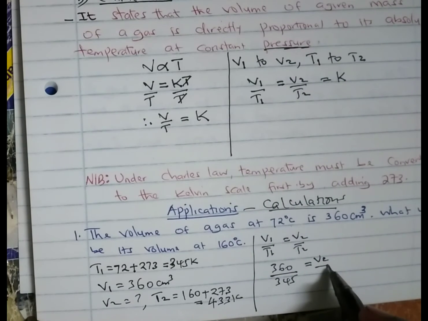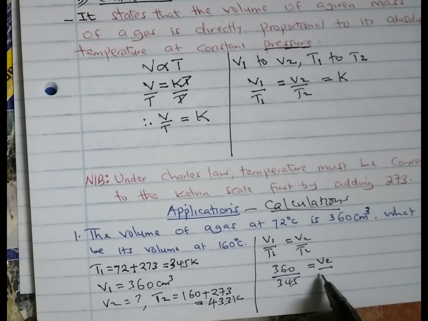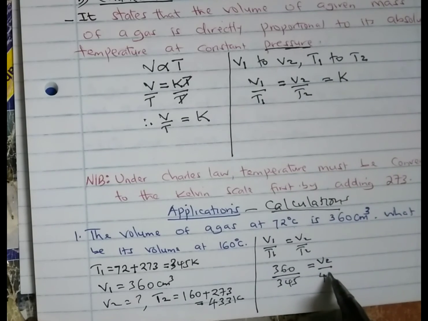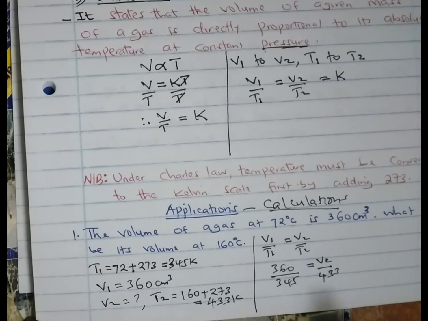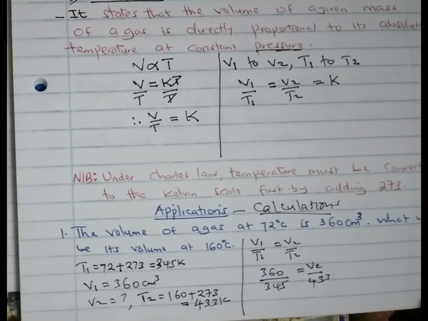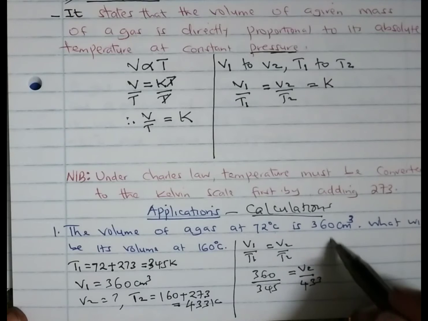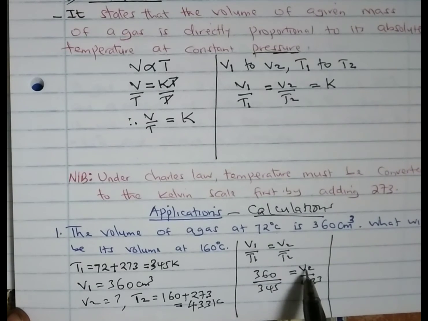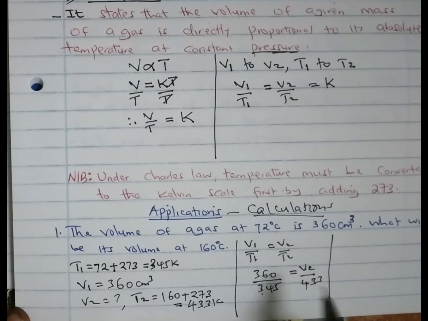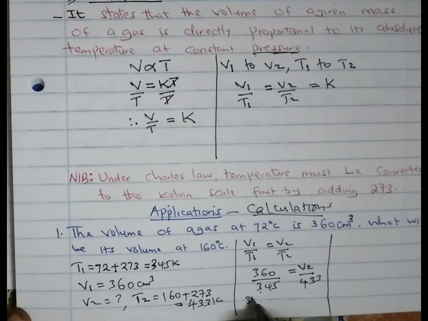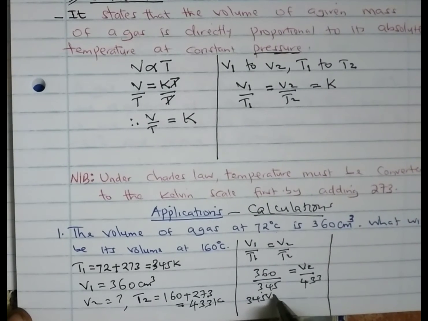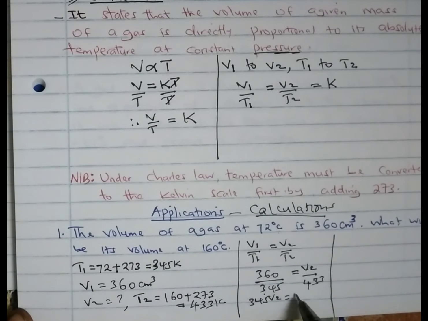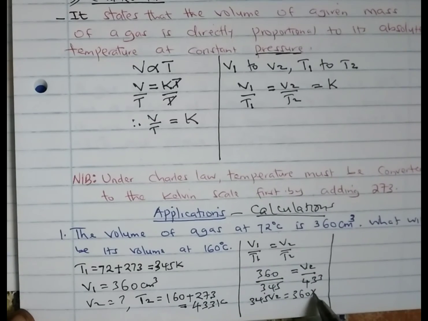We divide by T2, and our temperature 2 is 433. If you cross multiply, we are going to have V2 multiplied by 345, giving us 345 V2, and this will give us 360 multiplied